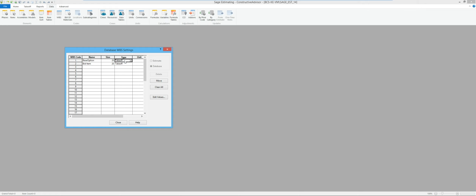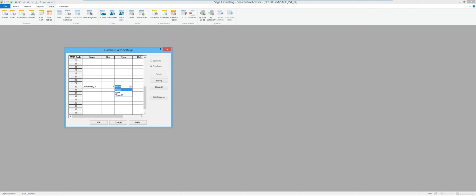A lot of the time when someone does takeoff and sets up their default values, these are the ones they have to put in each time. The database ones, they may not. That's why I like to go farther down in the list and put those somewhere lower. In this case, I'm going to say I want my title to be Uniformat, and I'll say L1 for level 1. We said it was 1 character. And if I was telling it just during takeoff what it was, and it was just estimate specific, I'd use takeoff.